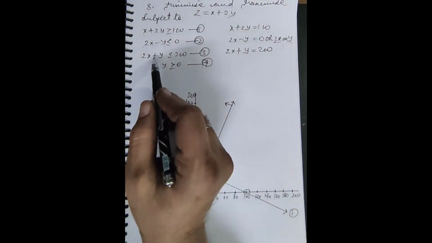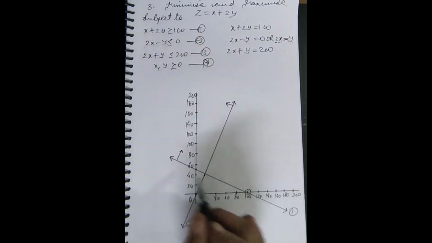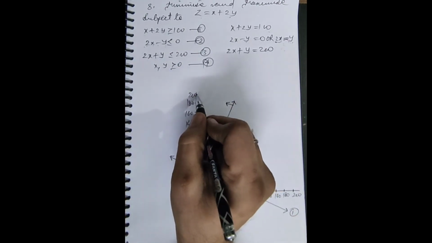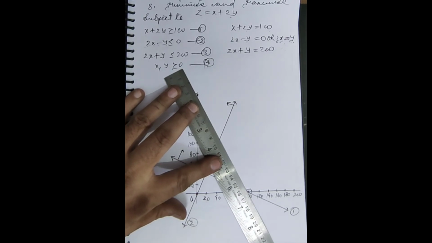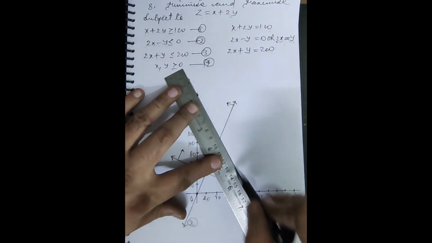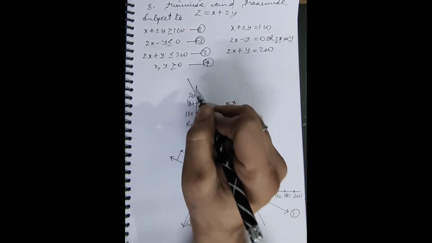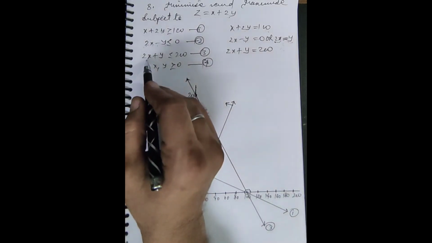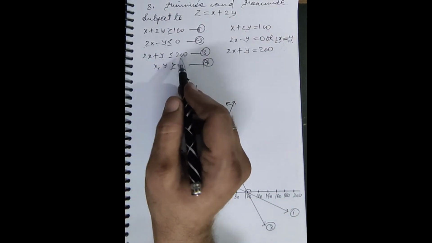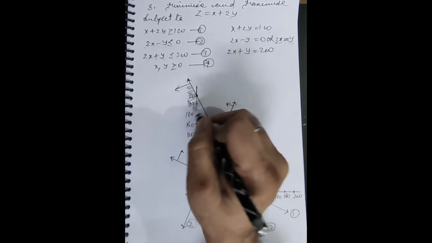Third one: here if I make y equal to 0, x becomes 100. So it is already marked. Now if I make x equal to 0, y is 200. So that is the last point we required, and these two can be joined. For this third one, to shade, again we can take help of origin. 0, 0 makes the left-hand side completely 0, and 0 less than 200 is a correct statement. Means towards origin shading will be done.